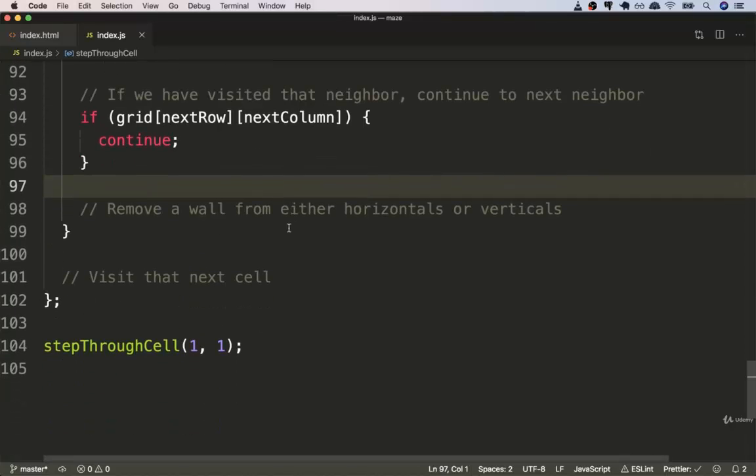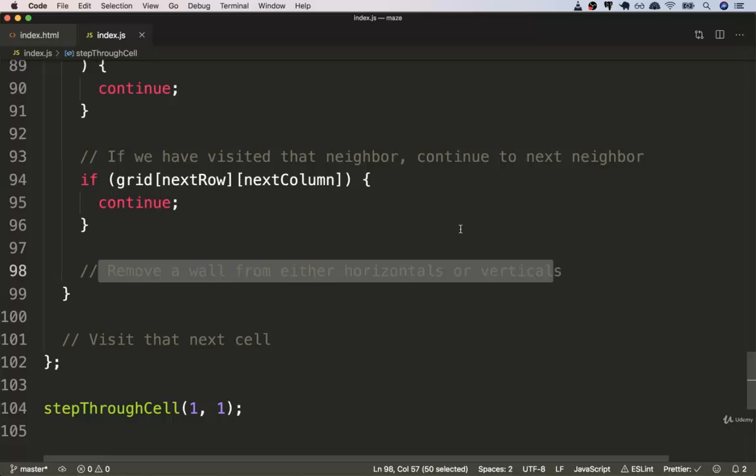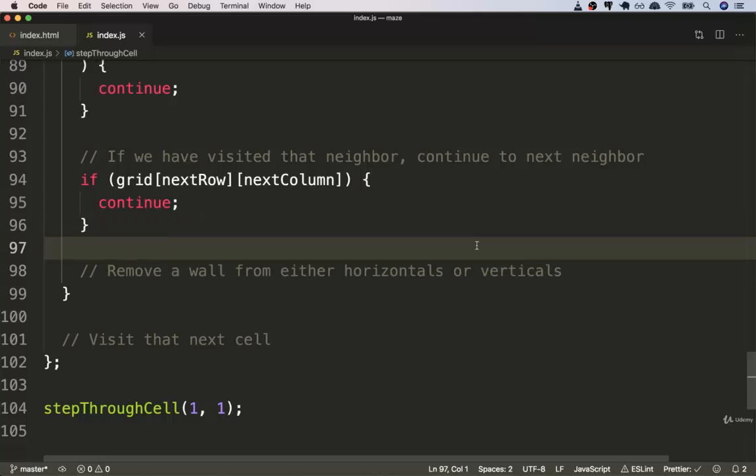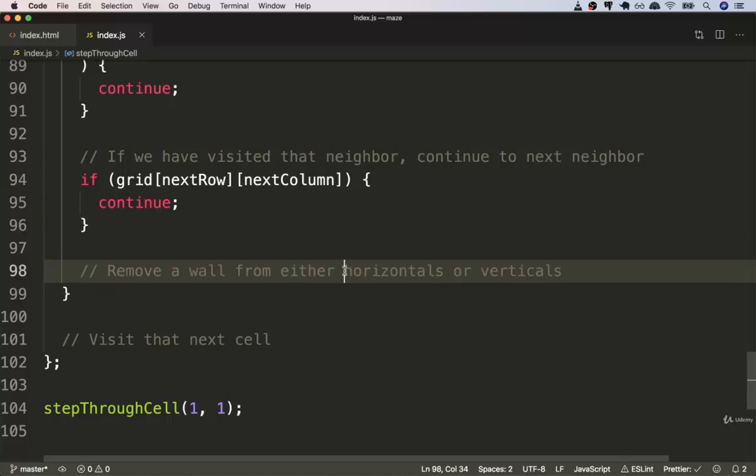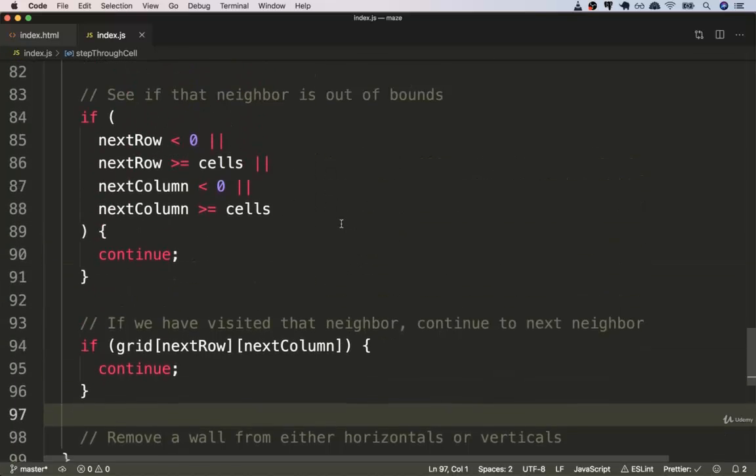The last thing we have to do is to make sure that we remove the wall whenever we are traveling up, down, left, or right. So I want to first get a quick reminder by taking a look at a diagram at how we're going to update horizontals and verticals. Before I show you the diagram, however, or before we walk through it, I just want to remind you that